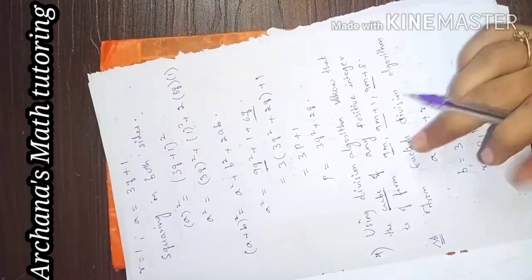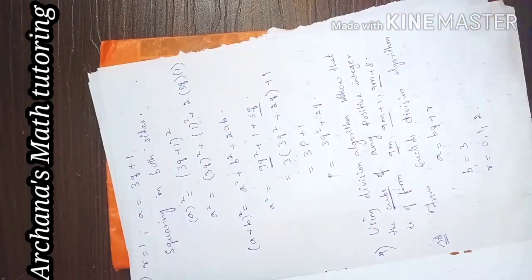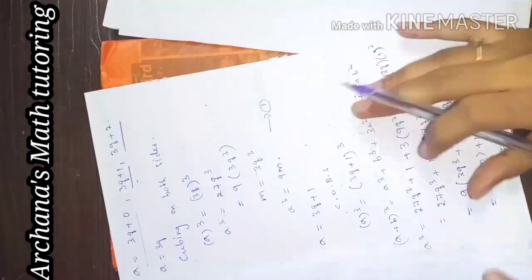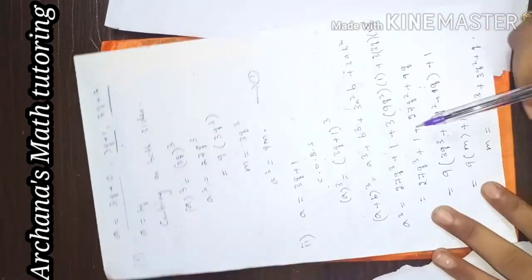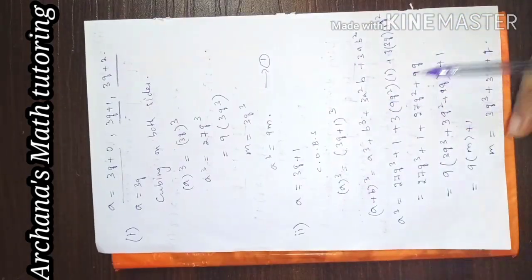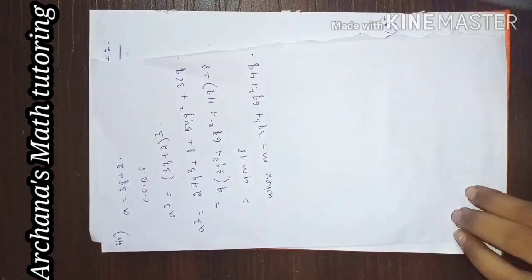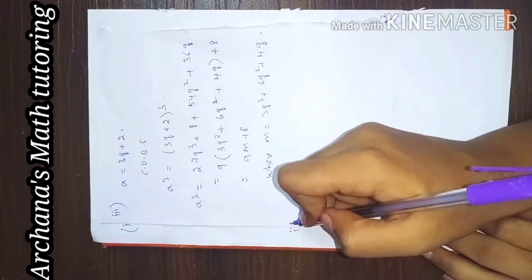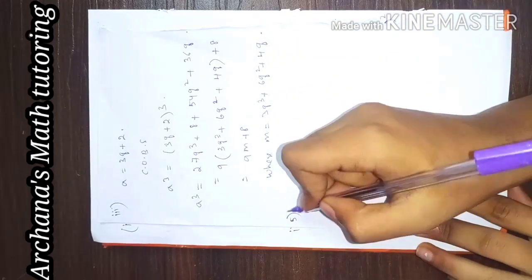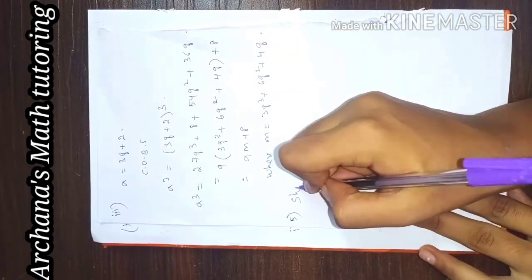The question was to prove that the cube is of the form 9m, 9m plus 1 or 9m plus 8. In the first case you got 9m, in the second case you got 9m plus 1, and in the third case we got 9m plus 8. Seeing all these examples, I think that you understood this very well. Now coming to the fifth problem, show that